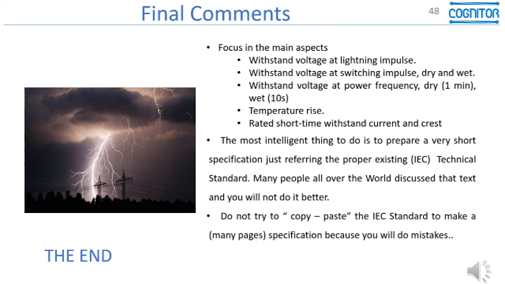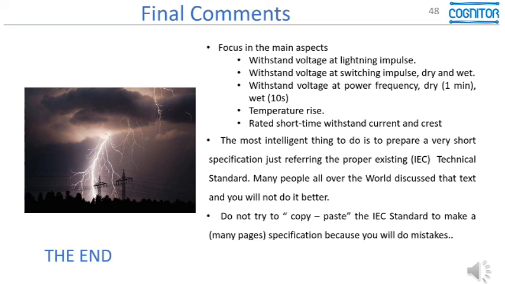Another thing, do not try to copy-paste the IEC standard to make a many-page specification. This is very common when someone wants to demonstrate knowledge and put many pages there, and when you are doing this, you insert mistakes. Always insert mistakes. Do the thing in an easy way.